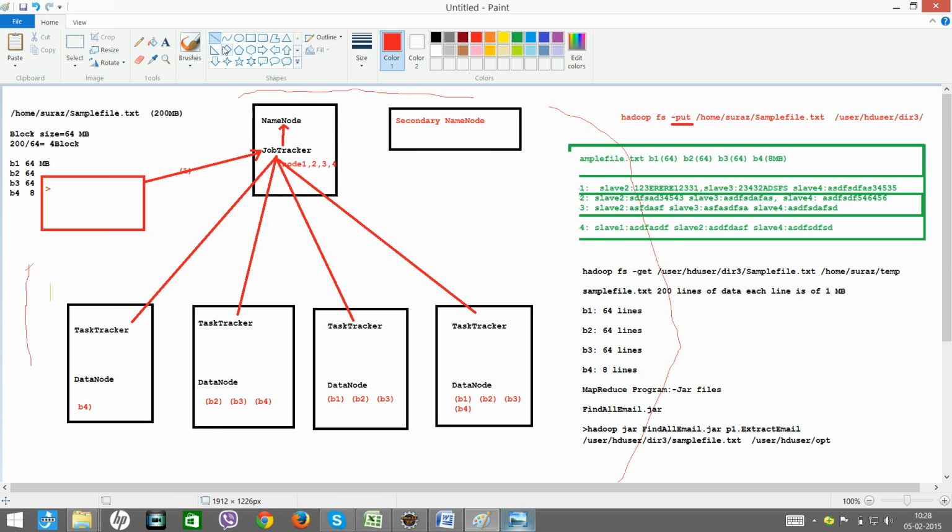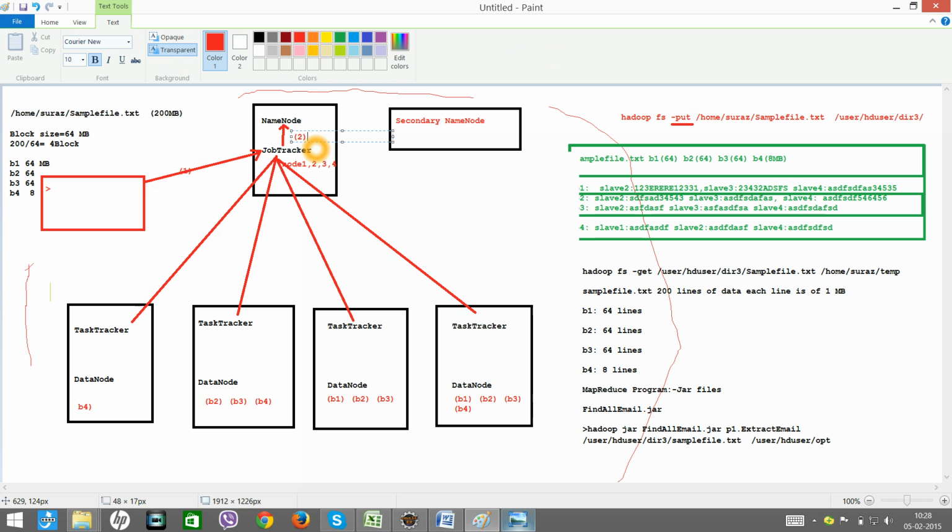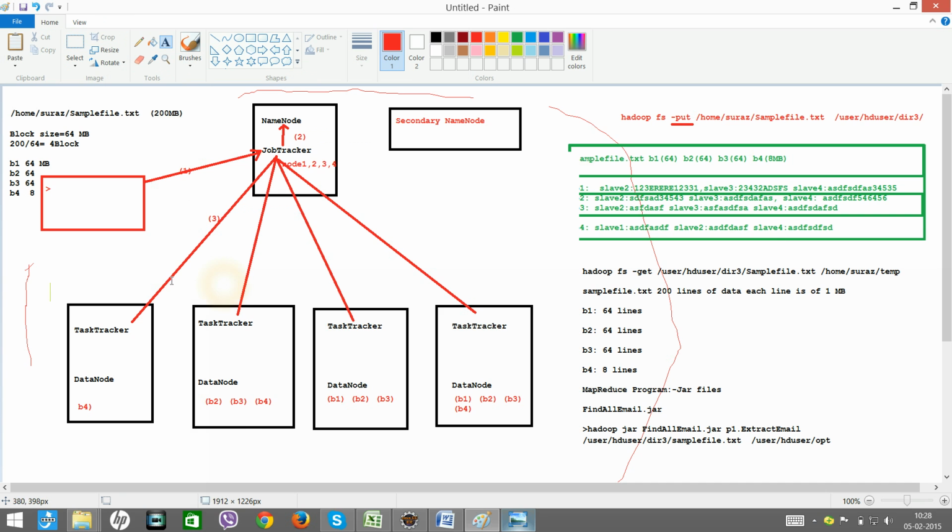So step number 1, this is your step number 2, right? Comes back, and then step number 3. Job tracker sends all these jar files to all these task trackers.